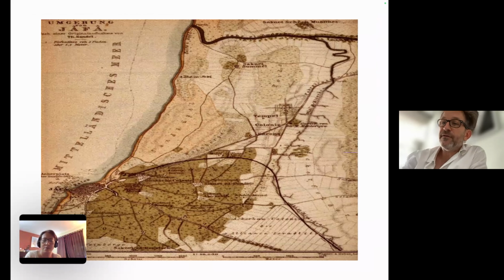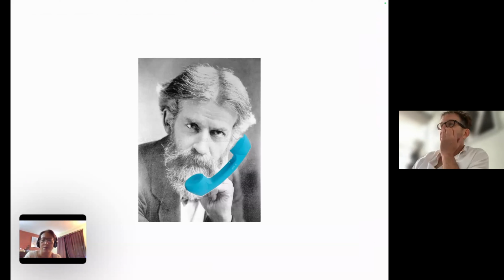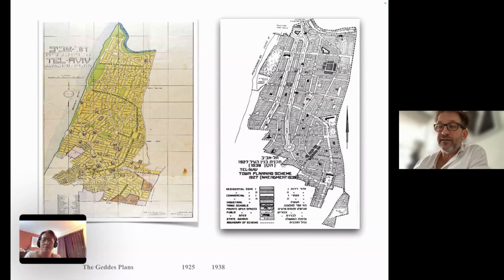So the first stage of the creation of the modern city was the design by Sir Patrick Geddes, who was called by the city community to create a larger plan for the city and envision an idea for an expanded structure for the city. The proposed plan by Geddes, which is presented here, 1925, what is called the Geddes report,